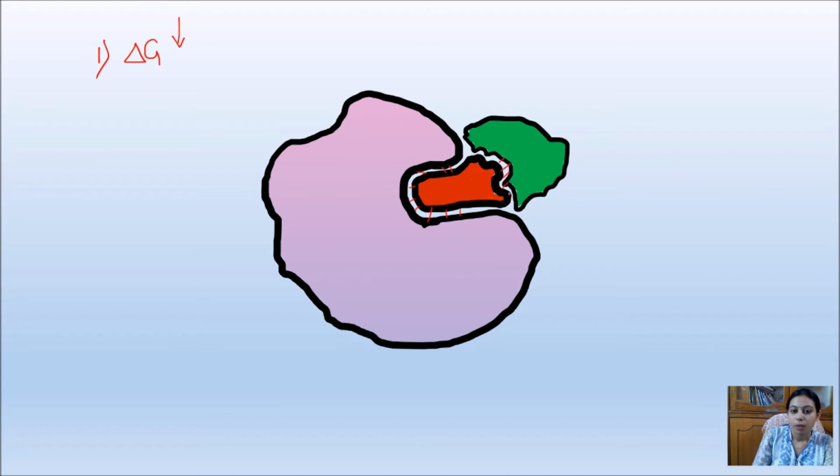So what is the function of the enzyme, the function of the active site? During the formation of the enzyme-substrate association, it will release a certain amount of energy, and this energy will assist in lowering the activation energy. The second thing is that it will favor the collision theory, and as per this theory it will expose the active sites of the substrates facing each other, so that proper collision of the molecules will take place and